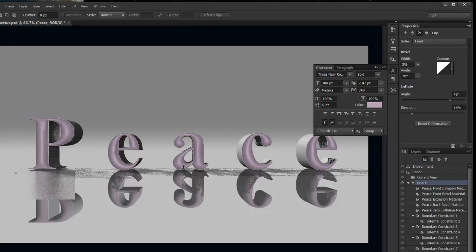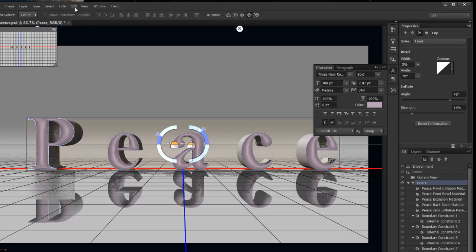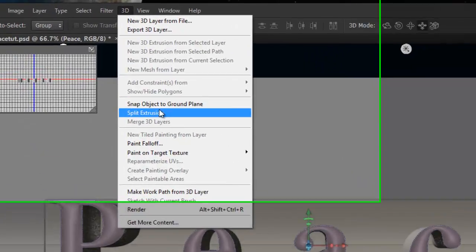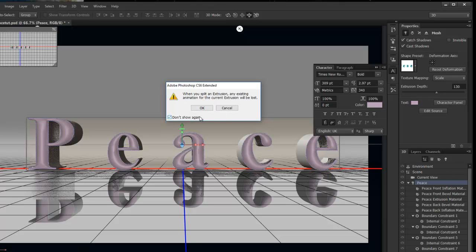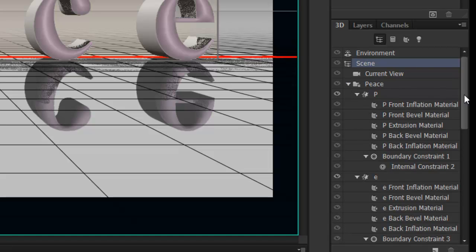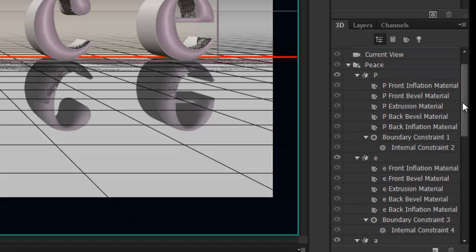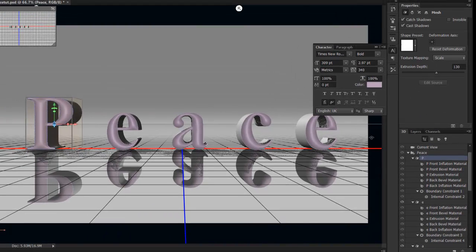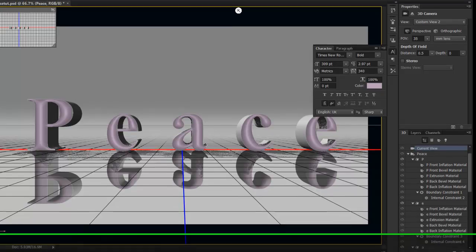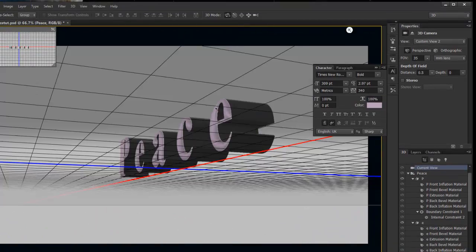Okay, let's arrange our letters. What I'm going to do is make sure I'm on that word piece, let's just get this move tool, come up to the 3D and split extrusion. So it splits the letters basically. So we'll start with the letter P, and what I think I'll do first is just come onto the current view, and on that rotate, just rotate to the side